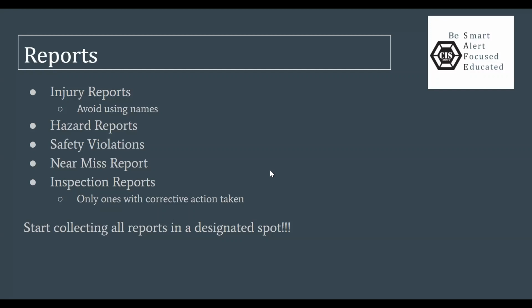For us, a lot of them are actually still with the safety captains. So we had to reach out and make sure, like, hey, do you have any injury reports, hazard reports, stuff like that. You want to make sure that you're being careful with the information that you're given. Because a lot of these injury reports have their first name. We used to have your birthday on there. So you want to make sure that you're being really careful with this information and you have a designated spot